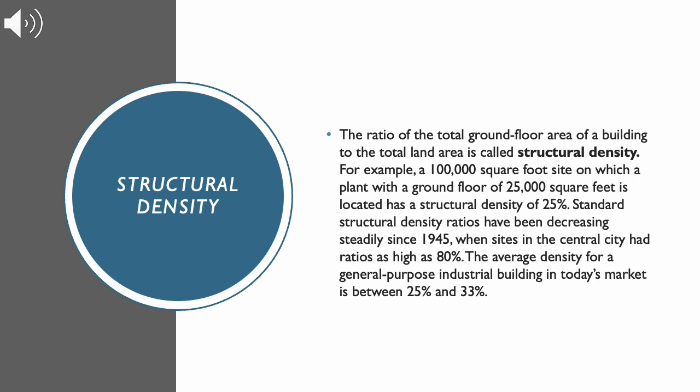Standard structural density ratios have been decreasing steadily since 1945, when sites in the central city had ratios as high as 80%. The average density for a general purpose industrial building in today's market is between 25% and 33%, and